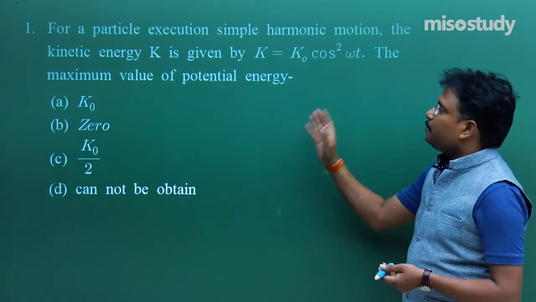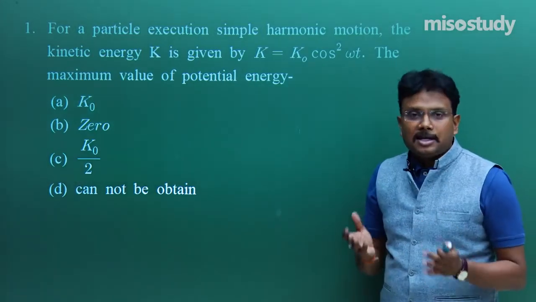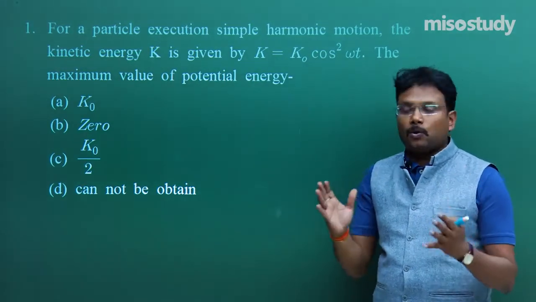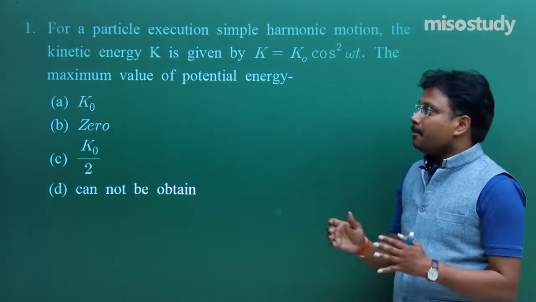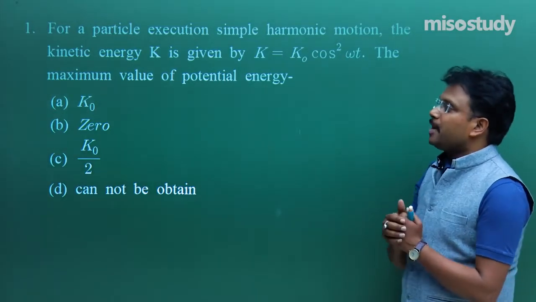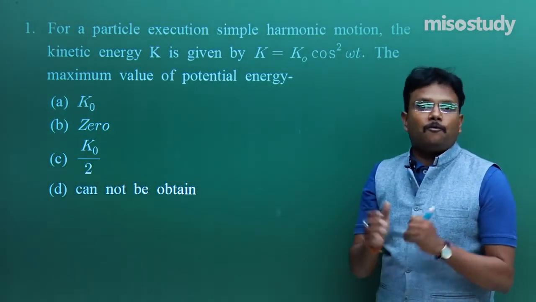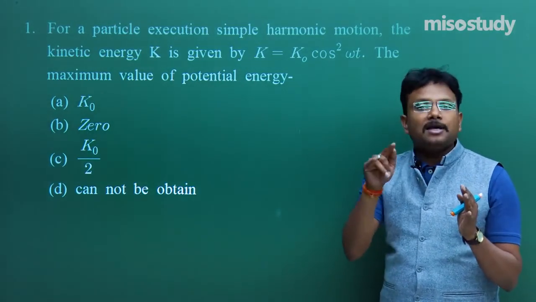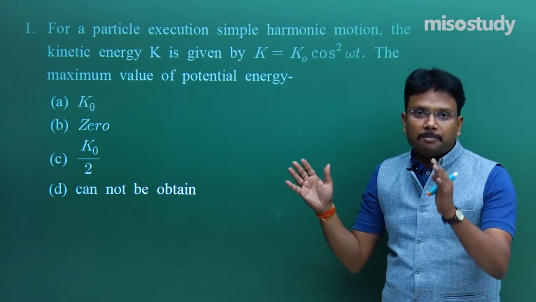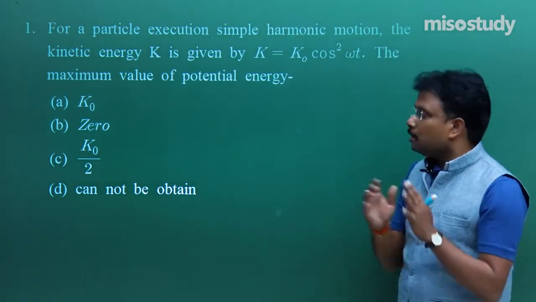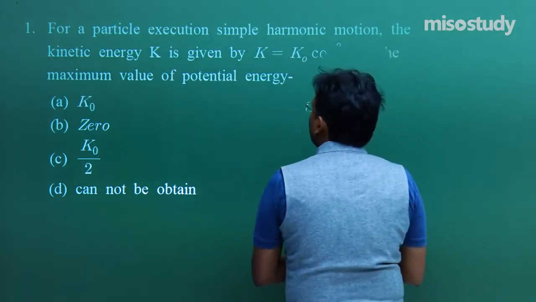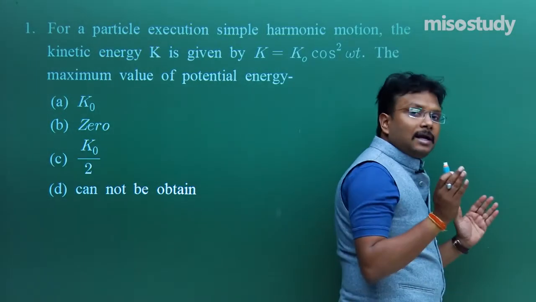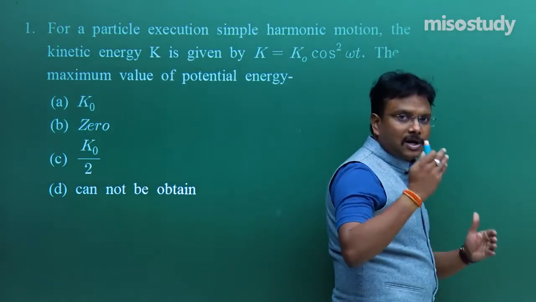So it's important because this question checks whether you have an understanding of that particular function or not. Fine. Because this entire SHM is based upon the discussion of one simple harmonic motion equation, that is y is equal to a sine(omega t plus phi). That is the basic equation. Fine. So let's try to find the solution of this question. Just for your understanding, I would like to mention a few extra steps.